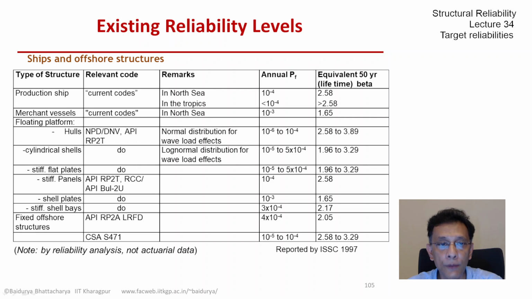From the annual PF reported in the ISSC report, you could compute the equivalent 50-year beta, which I assume is a lifetime. And we see, again, a good amount of variation in the lifetime beta values, which could be as high as